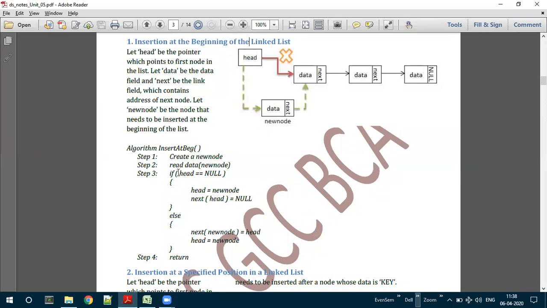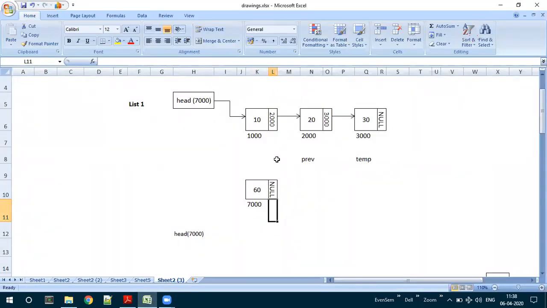So this if condition, if this is true, means the linked list is empty. Else part will only be applicable when the linked list contains certain data. Certain data in the sense, this particular example. The linked list is containing what? 3 nodes. Okay. This head contains what? At present, it contains 1000. That it is pointing to the first part.